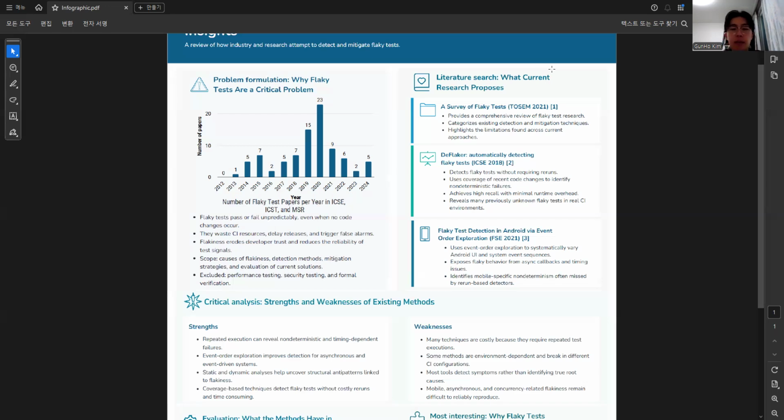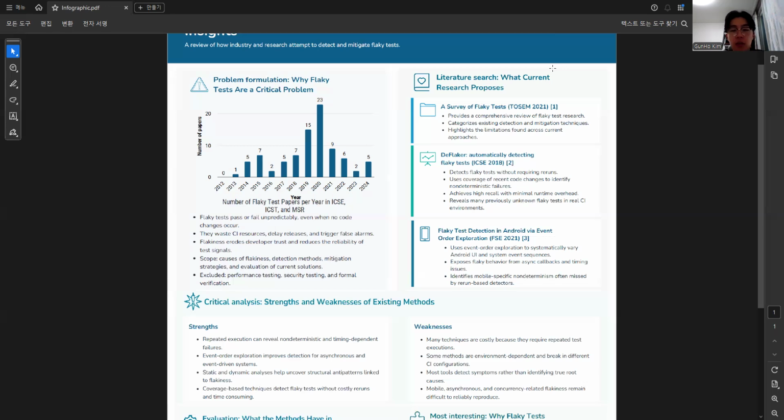Third, the FSE 2021 paper on Android proposes event order exploration. By systematically varying Android UI and system events sequentially, it exposes flaky behaviors caused by asynchronous calls and timing issues, cases that traditional rerun-based methods often miss. This method is powerful but computationally expensive, Android specific, and can still miss flakiness triggered by rare timing or device-dependent